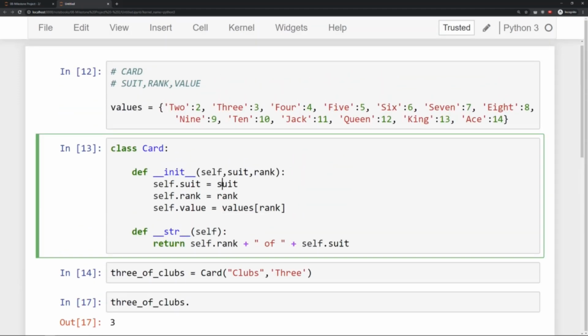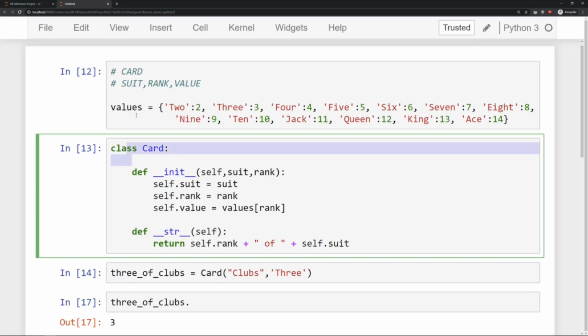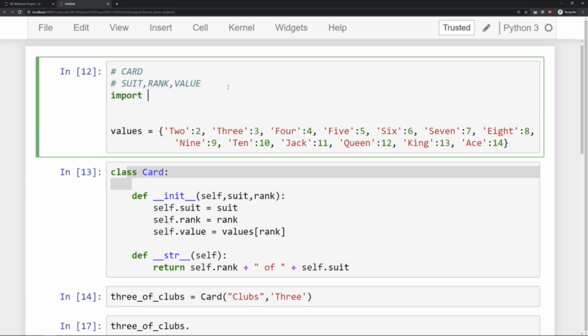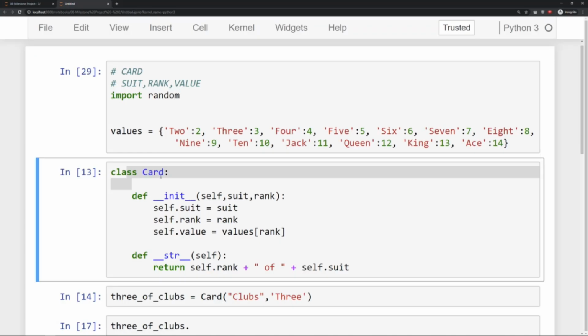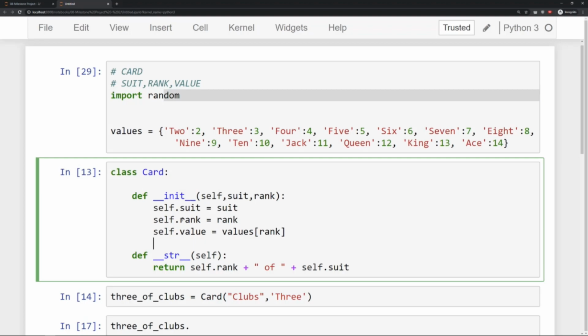Again, we have the provided suit, rank, and then we have this values lookup, which corresponds to this global variable. And you'll see that quite often in object-oriented programming, where a card class can reference either something like a global variable at the top or even an imported library. So for example, later on we'll see that I will import random, and then inside of this card class, because I imported random, I could do something like random shuffle,